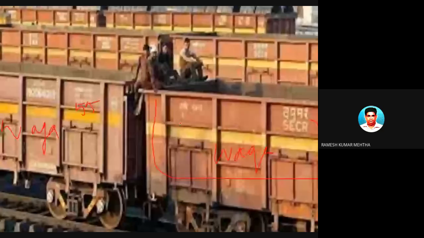So how many wagons will be there on a rake? 55 wagons on a rake. And you can see the material. This will accommodate 55 tons to 60 tons, or sometimes even 65 tons of material. And on a ship, I can place 2,750 wagons. Into 60, it will be around 1,50,000 tons that can be placed on a vessel. So look at the wagons.